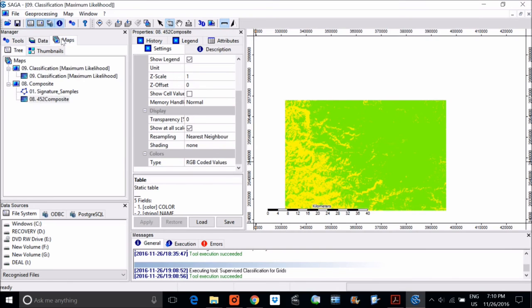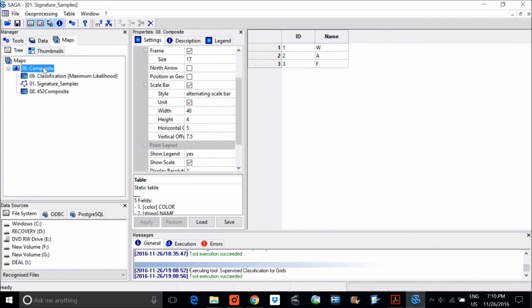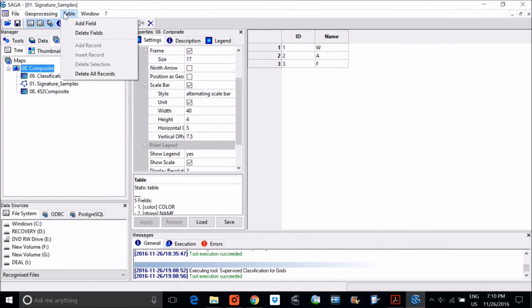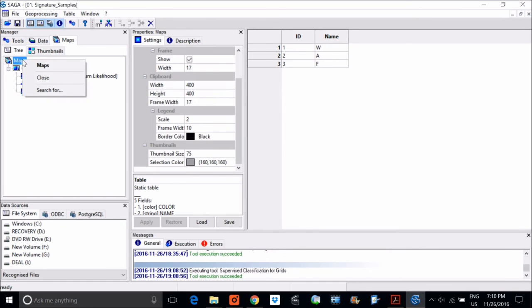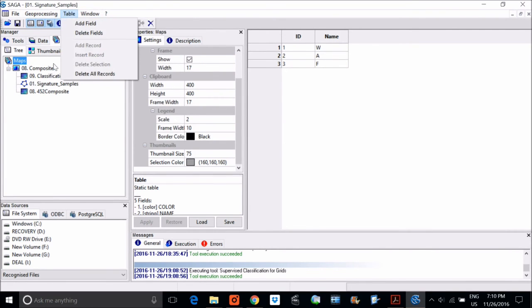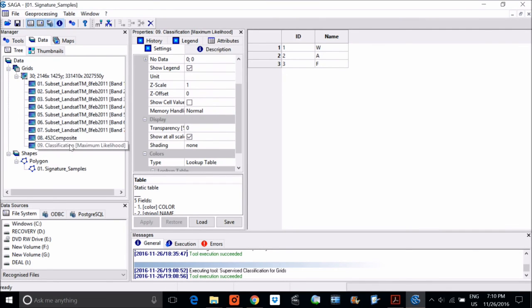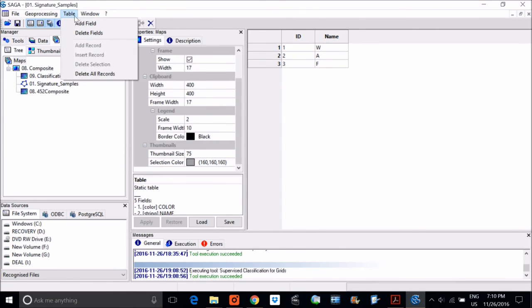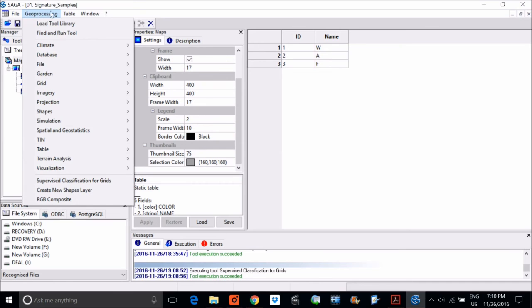Now in this map, copy it here. You have a map and you can go to window, or this possibility of map, if you want to make it a map. For that you can easily add to map, show map, because what I'm trying to do is to show it in a print layout, so there are various versions you can choose.